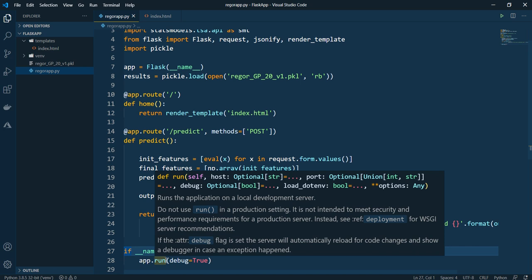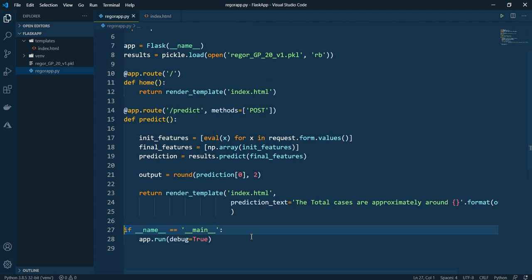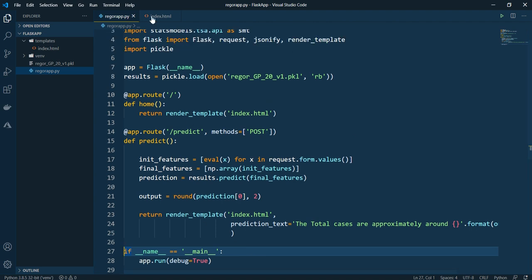But here, just for demonstration purposes, we'll be doing this, and inside this I'm passing debug is equal to true. So debug is nothing but for populating the logs. If there are any logs while deploying onto the server, you want to get to know where it is getting stuck while deploying. Okay, so if this is understood, then we'll understand what is there in our index.html file.